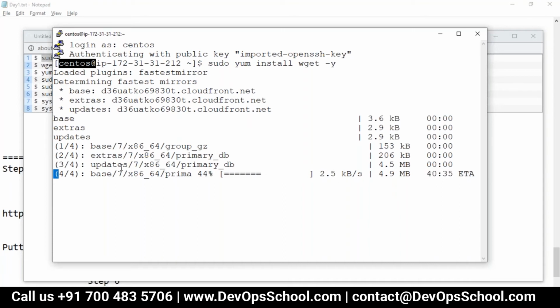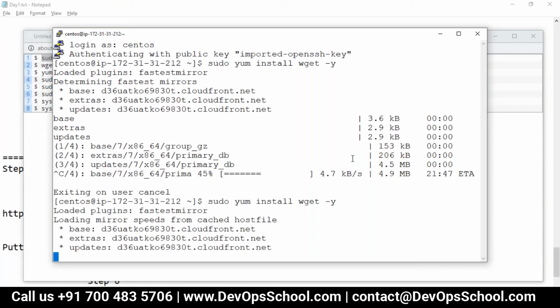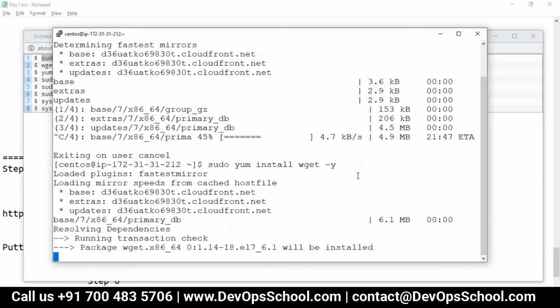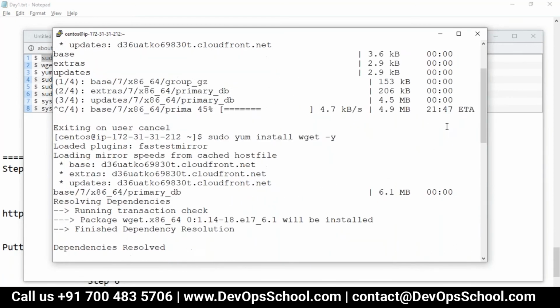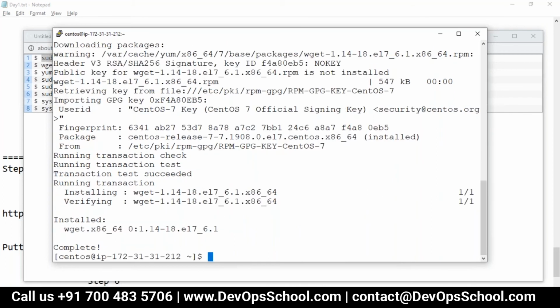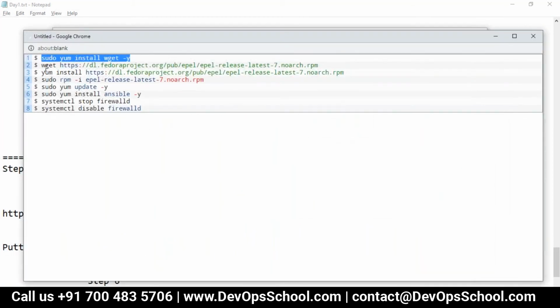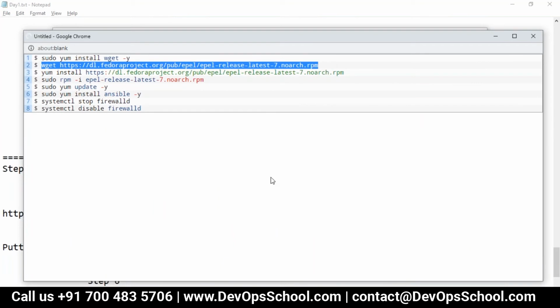Now I see that while installing, it shows 3.4 kbps download and 18 minutes ETA. I'm not satisfied with this. So Control C, and rerun this command. Now done, see here. If I had waited, it might have taken a long time. So I have used a different mirror. Finally, I will install this one.